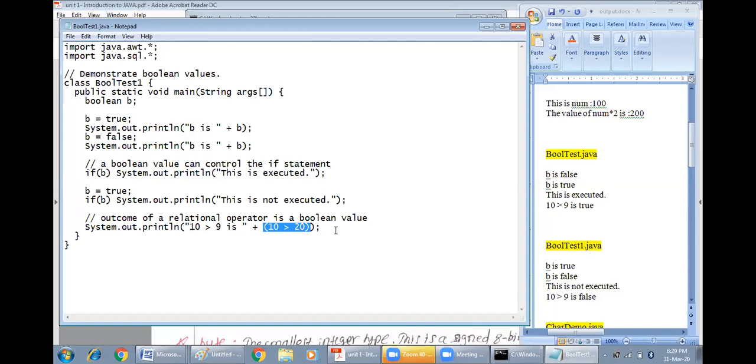So the output here is 10 greater than 9 is false, even though it is true. Why? Because in print I am giving something else and in the expression I am giving something else. 10 greater than 9 will be displayed as it is, but in the expression I am giving values as 10 greater than 20. So 10 is not greater than 20 and the truth value will be false.